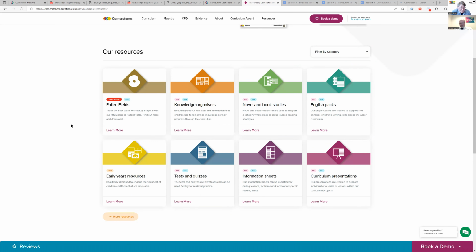And you also have, I believe, support. So once they start the license, they have some sort of support as they go through using Cornerstones. Is that right? That's exactly right. That's all part of the license. We've got curriculum experts that work with schools, because what we want to do is make sure that schools, right from the onboarding, are able to get the full use of Maestro.